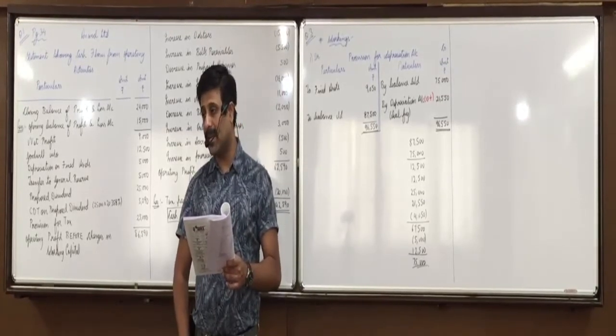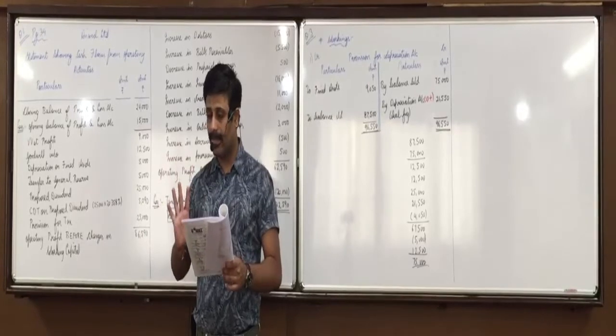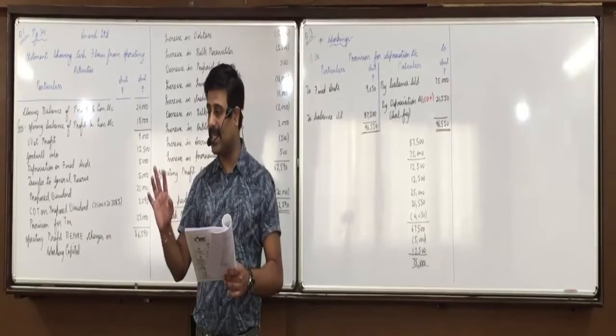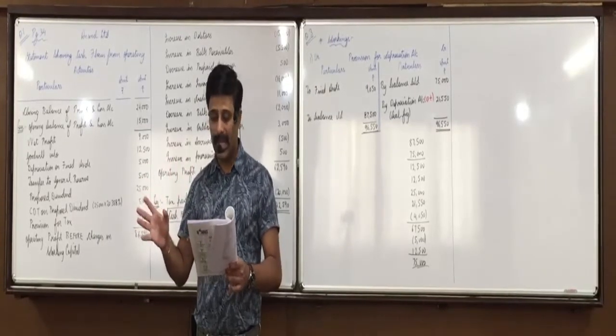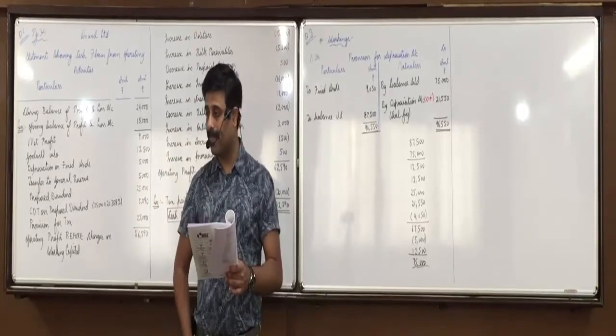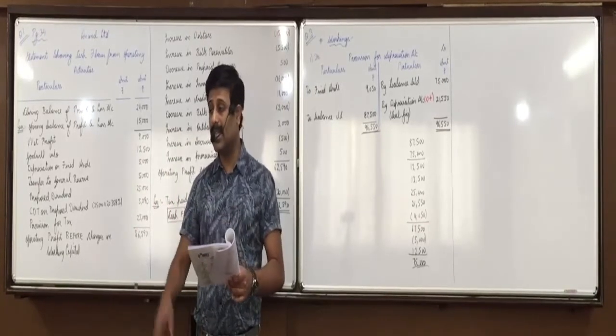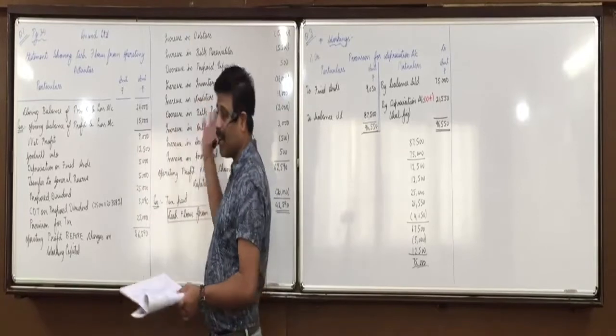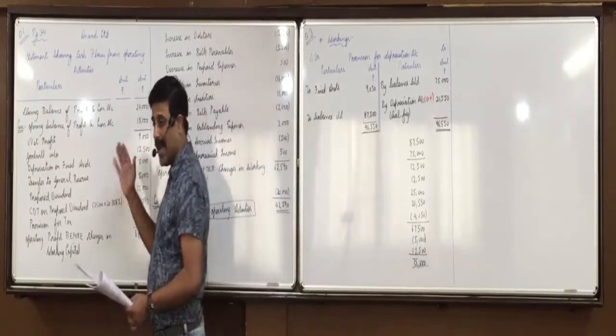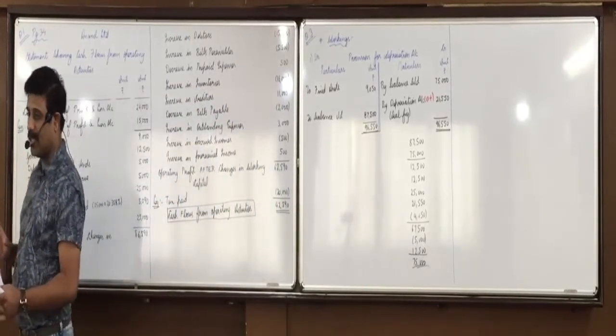What about cash at bank? No effect, because cash flow statement means we are finding the reasons for changes in cash only. Like what is the opening balance of cash? 70. Closing, it's decreasing by 10,000. We are finding the reasons only why it is decreasing by 10,000. So cash at bank itself will not be taken into consideration.